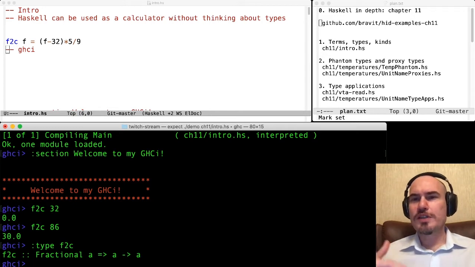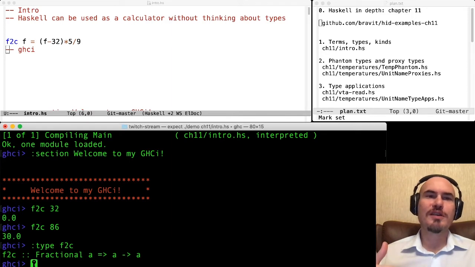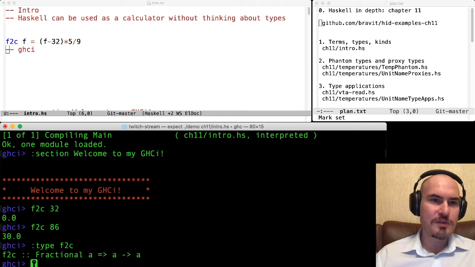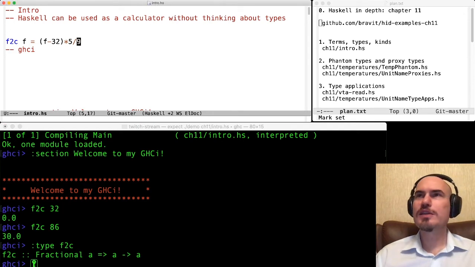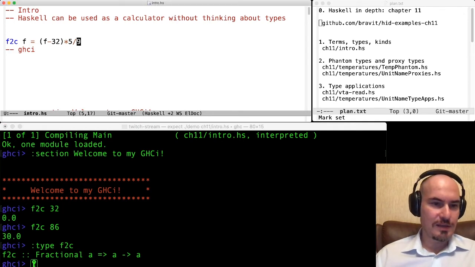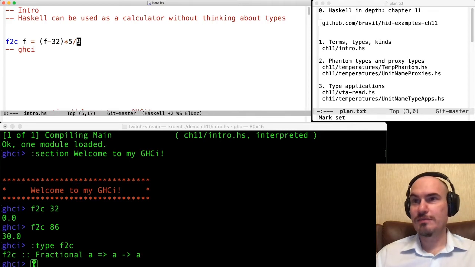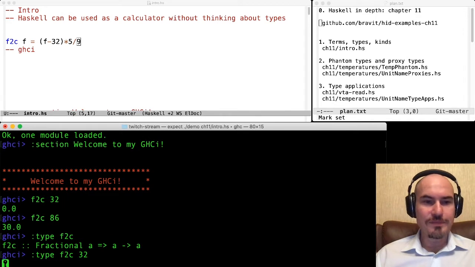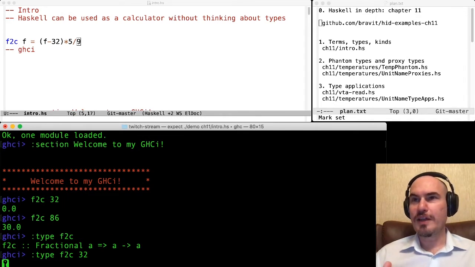So this type was inferred thanks to the operations we use over the variable in the code. We have division here, we have multiplication. So that's why it is fractional. Mainly fractional, so it's not a general number, it's fractional because we have used division there. All right.